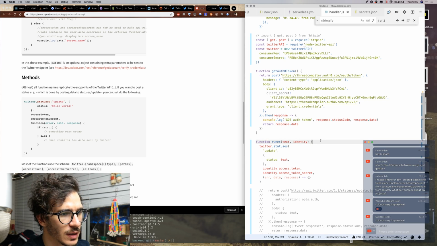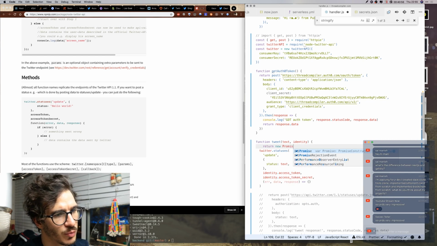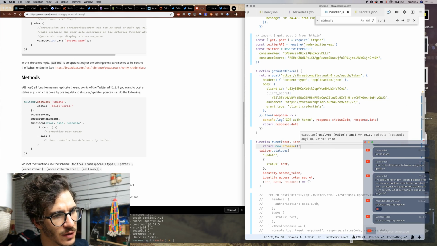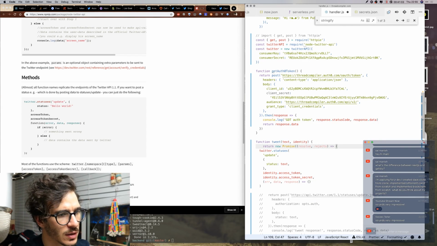So it gets all that, and we're going to return a new promise that takes a function that resolves or rejects and does stuff like that. No, so close statuses, close that, close promise, close that function.